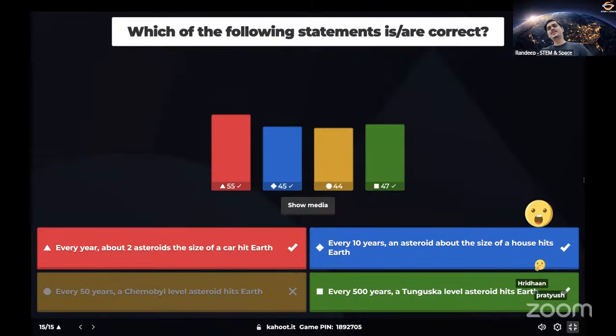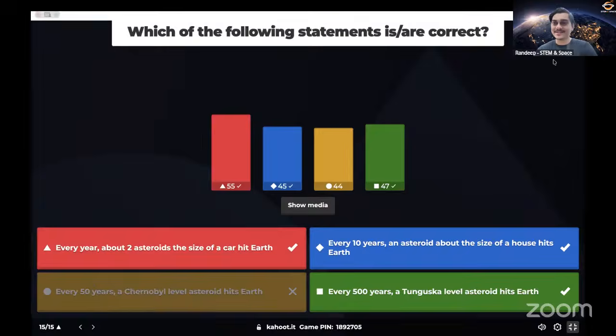So with this we conclude the Kahoot quiz for Asteroid Day. Of course, it's a fun quiz, so please do not get discouraged if the points are slightly less. It depends on your internet connection, and the faster you answer, the more points you get. Several factors are at play when you're answering, so it might happen that the points are slightly different. But still, let's look at the podium and see who have topped the quiz.